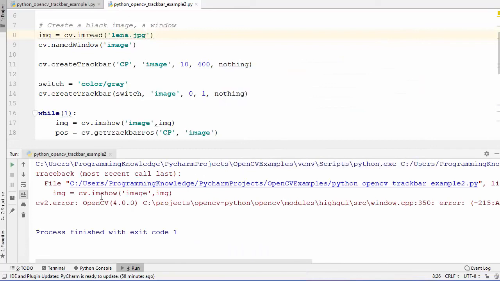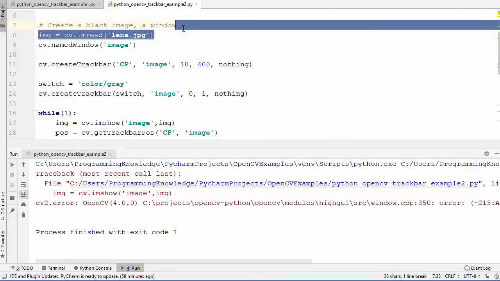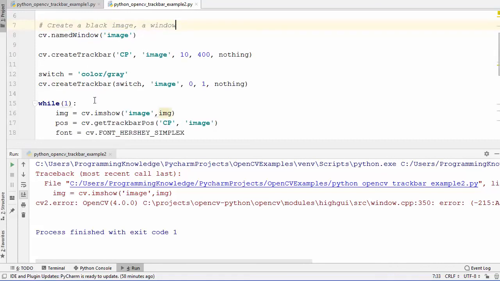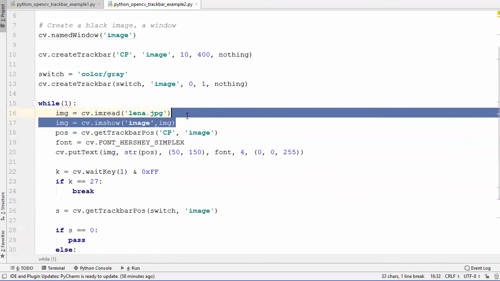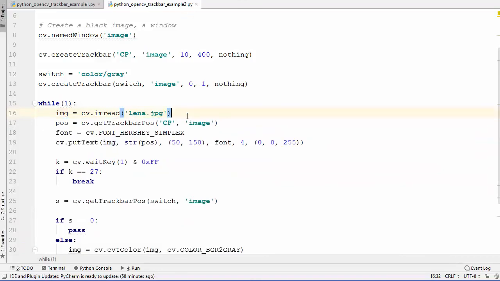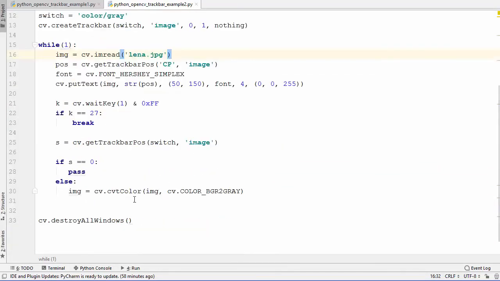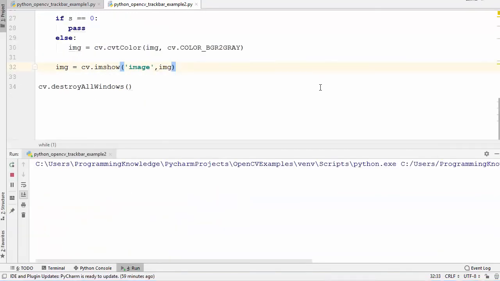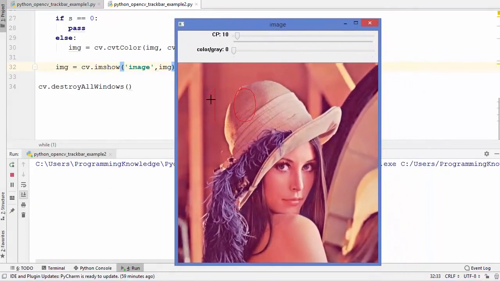And you can see the image appears and disappears, and there is an error. So let's see what the error is. The error here is coming from this line. We need to read this image inside the while loop. This is why our error is coming, and at the last we want to load this image after this if condition. Okay, so now let's run this code once again, and you can see this value is printed